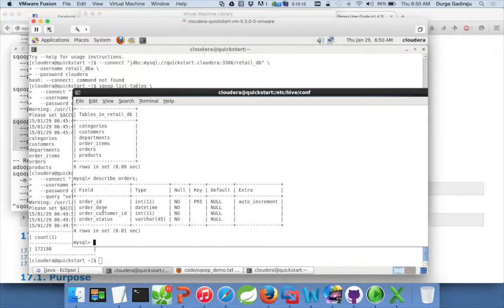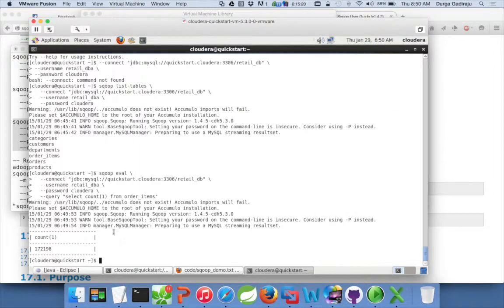Okay, I will try to show you this probably in the next one or two videos, but for now just understand that there is a feature where you can submit a query using the --query attribute with sqoop eval to get results out of it.